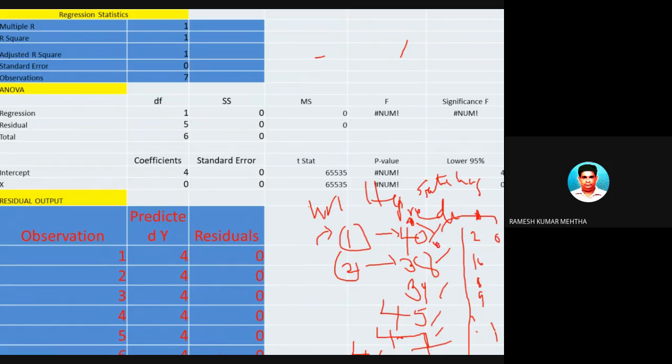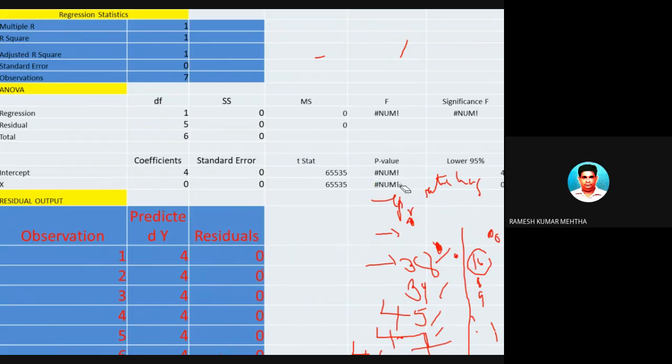You predicted 40, but how much was the actual? The actual was 20. So you have not predicted accurately. How many marks have you secured? 16. But what was your prediction? 38. So there is a huge difference. This difference is called the residual. And if the residual is very high or the prediction is not accurate, the error will be very high and the model is said to be a very weak model. Hope you have understood it.